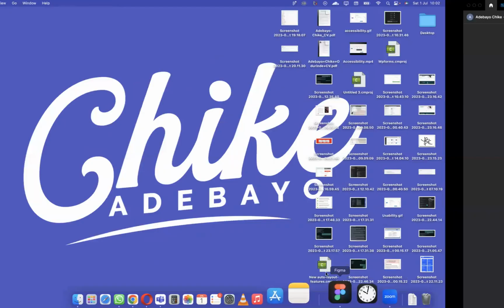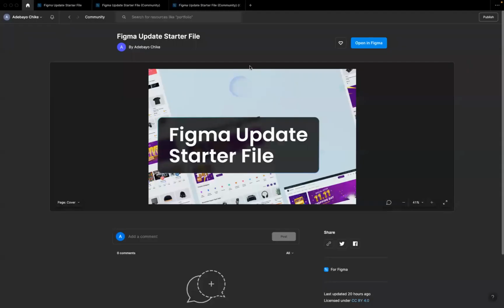Okay, so today we are going to be looking at some of the new updates on Figma. I believe everyone must have gone through a class or two that I've had, and in most of my classes I do talk about how you can't stop learning, right? Because